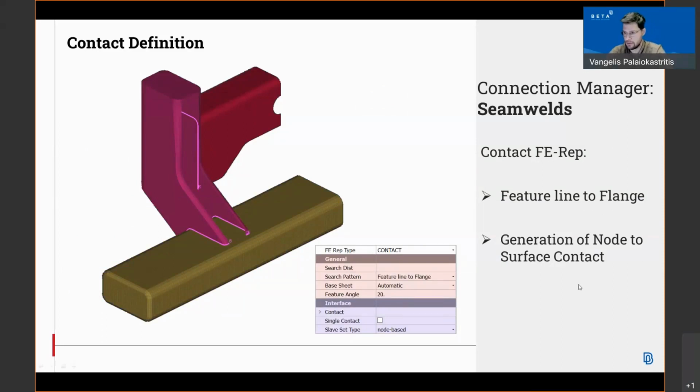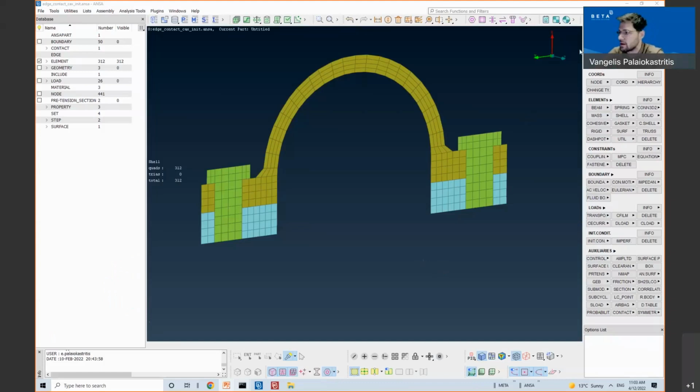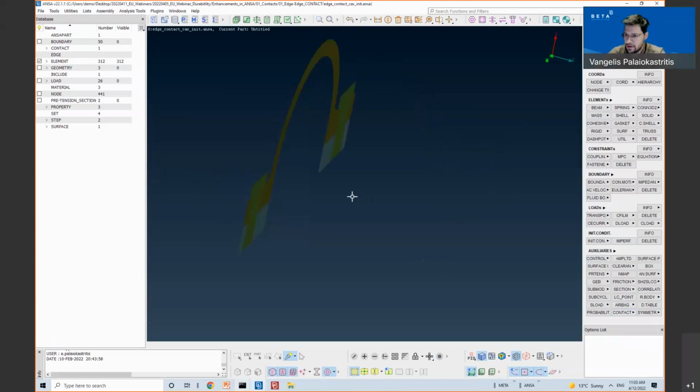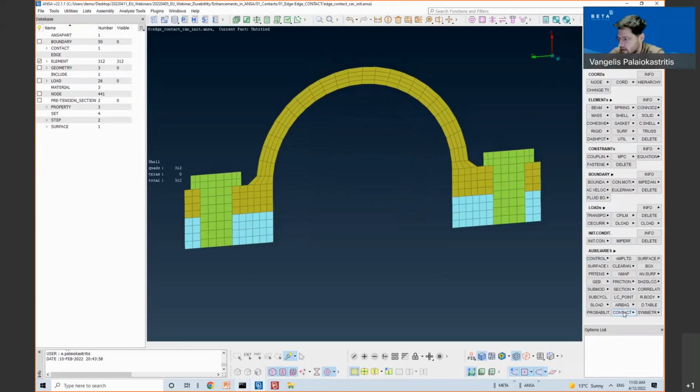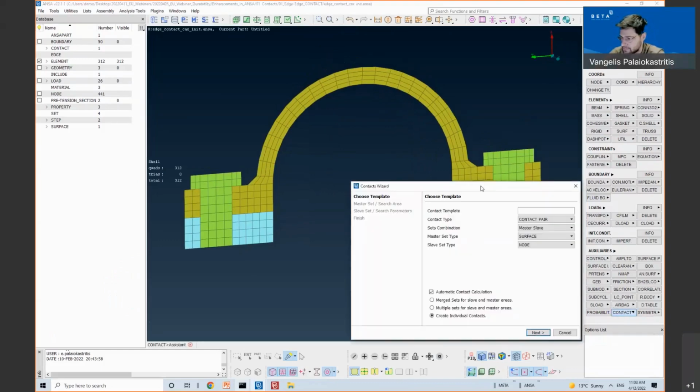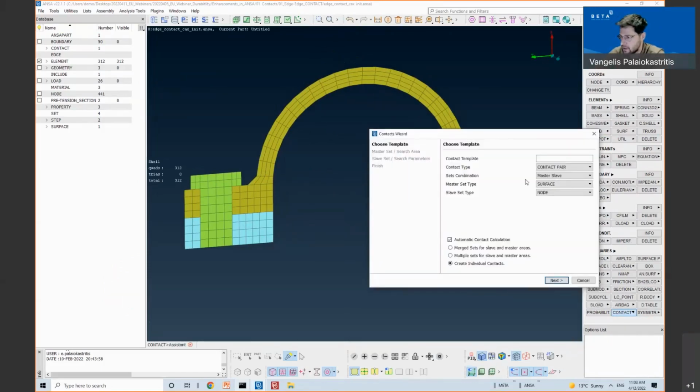So let's see that in ANSA. Here I have a 2D model, and I will define through the Contact Assistant edge-to-edge contacts for the top and bottom parts of this model.